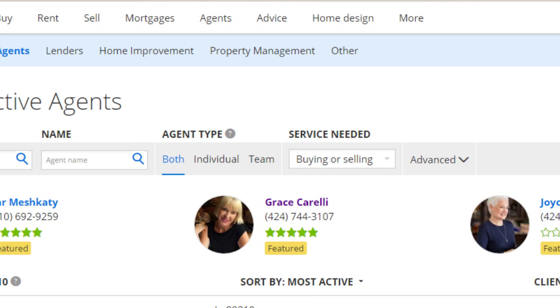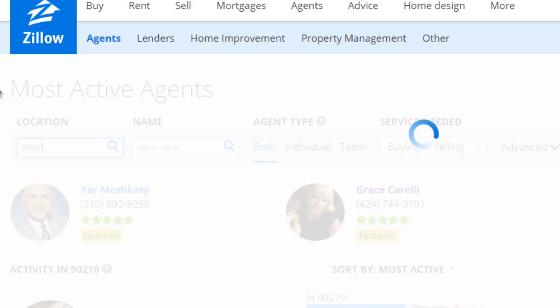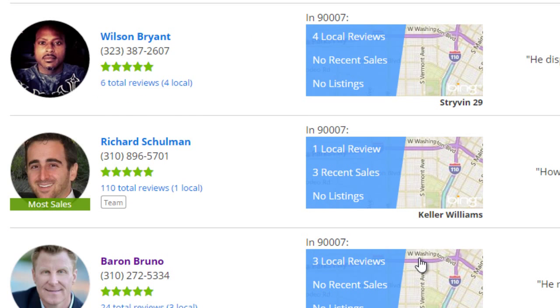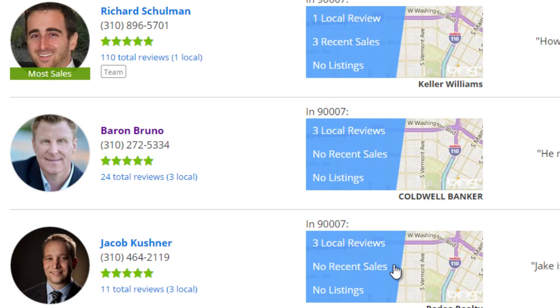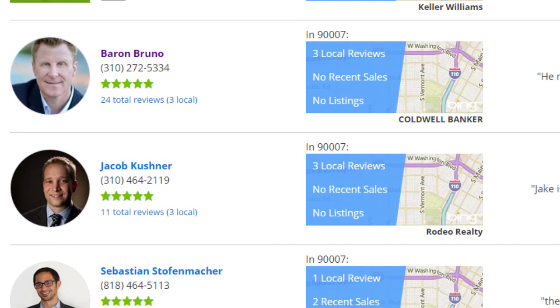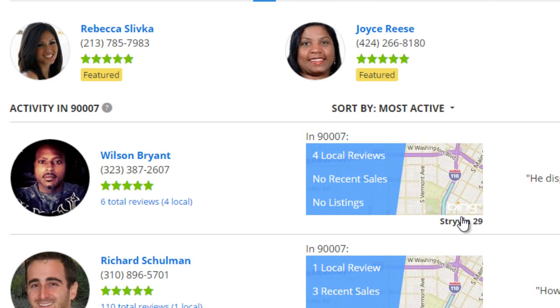Now, your area can look very, very different, and I'm sure it does look very different compared to 90210. So if I put a different zip code, let's do some other random zip code here in Los Angeles, you're going to see a very different picture. There's some reviews here, but not a lot, and not that many recent sales either. A lot of people don't have any sales here. So what you need to do is to look at your particular area, pick the winners, see who the winners are,